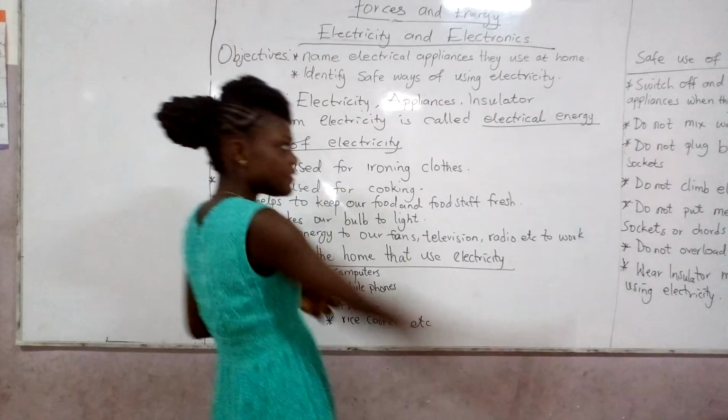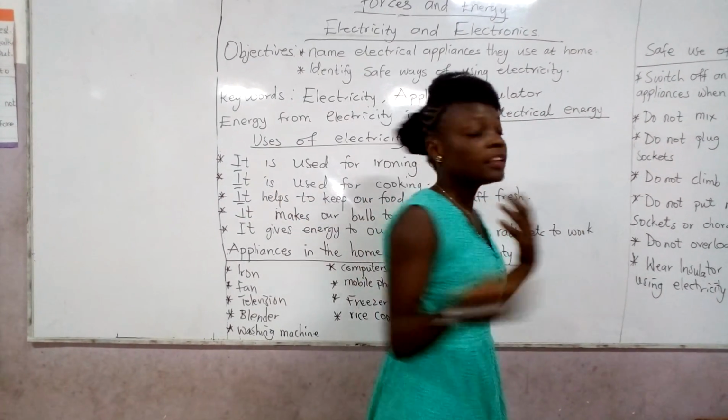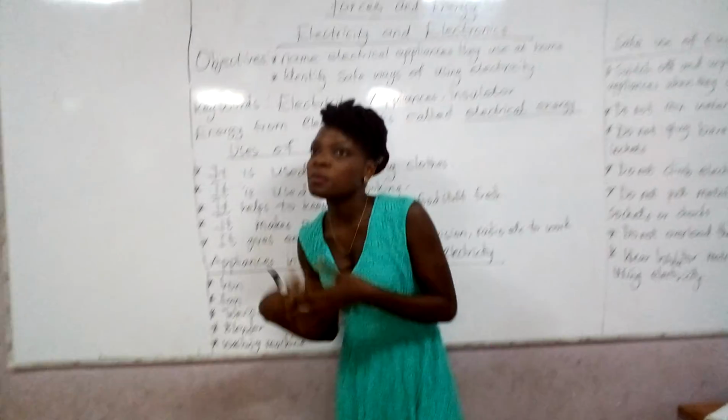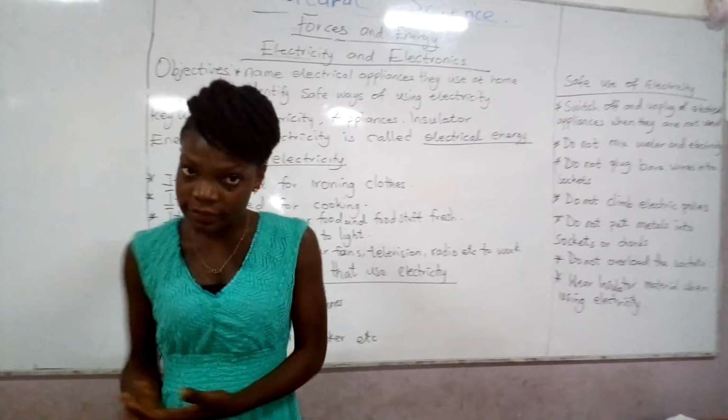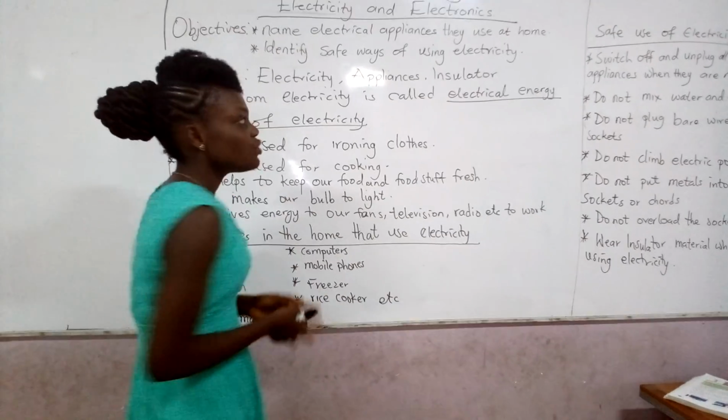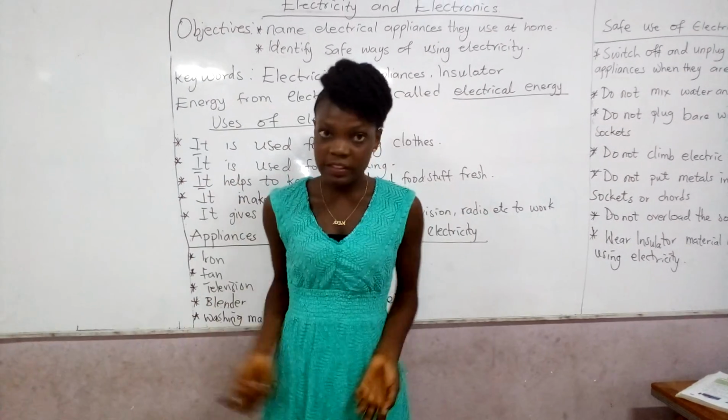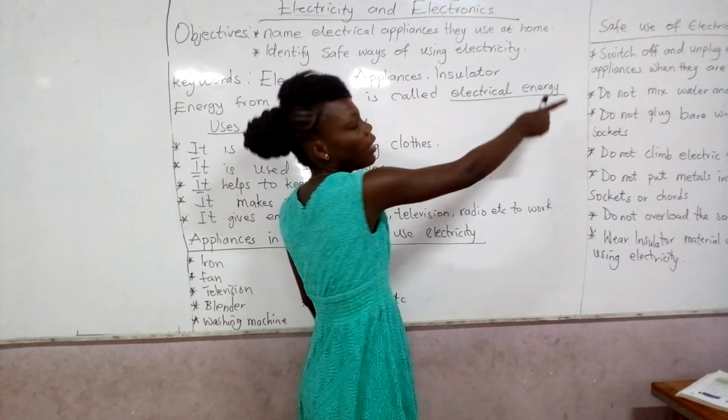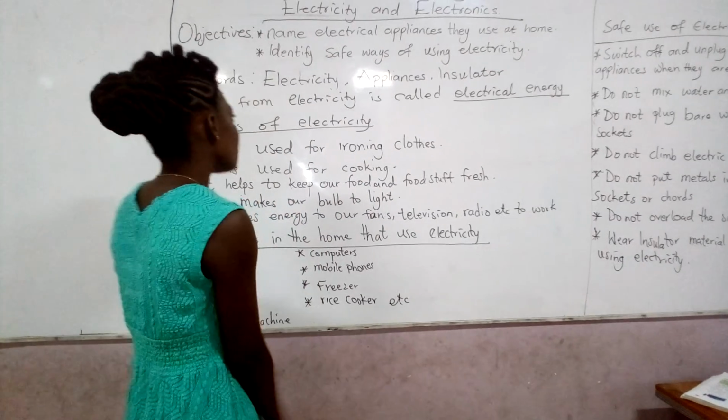Energy from electricity is called electrical energy. So let's say the energy from the sun is called sunlight. With electricity, the energy from electricity is called electrical energy. Now we come to uses of